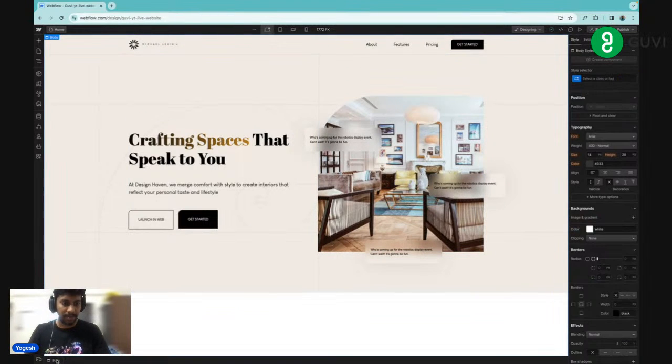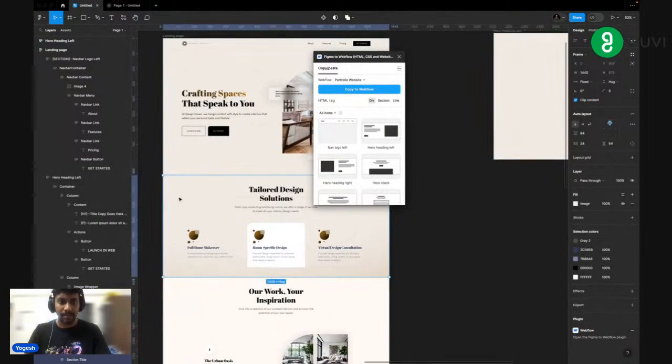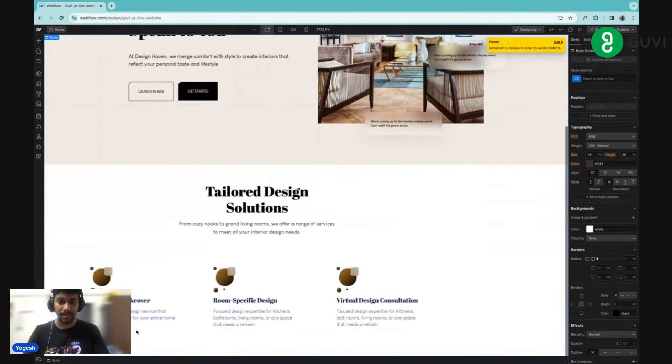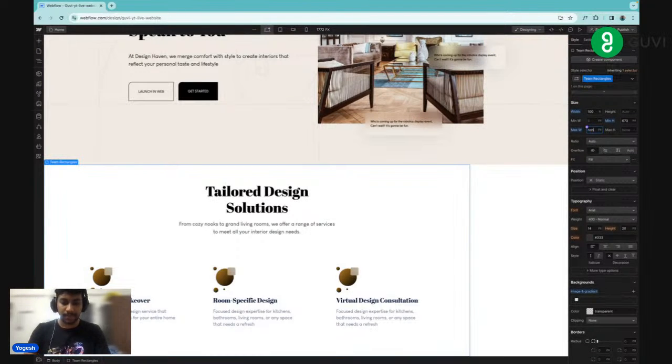Next part again, just like that. Click on body, click on this, click on copy to Webflow. It's going to prepare your assets in some time. Yeah, it's done it. And Command T, paste it. Again, what has happened is again there's a max width. Remove the max width to none